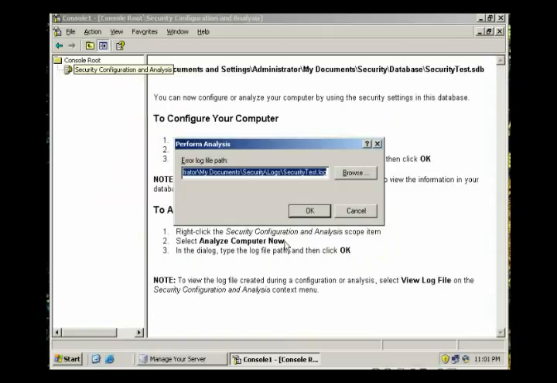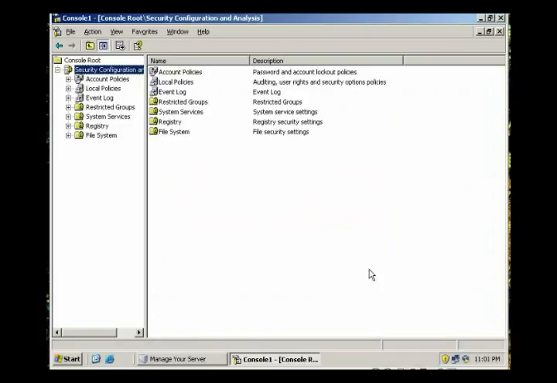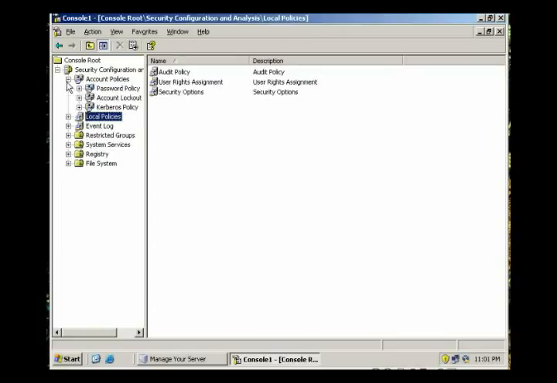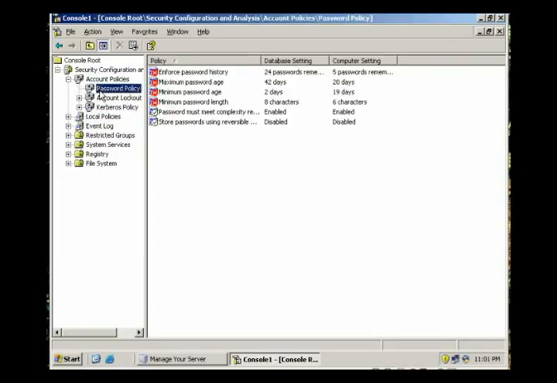So we'll say analyze. We'll accept the default log, and it's run through the analysis, and it shows you just a still of that right under number 6. And number 7, it wants us to look at our account policies and compare the password policies. And you should see something similar to this in the book, but it will be a little different, because the book is showing if we had not applied our changes from the previous exercise,